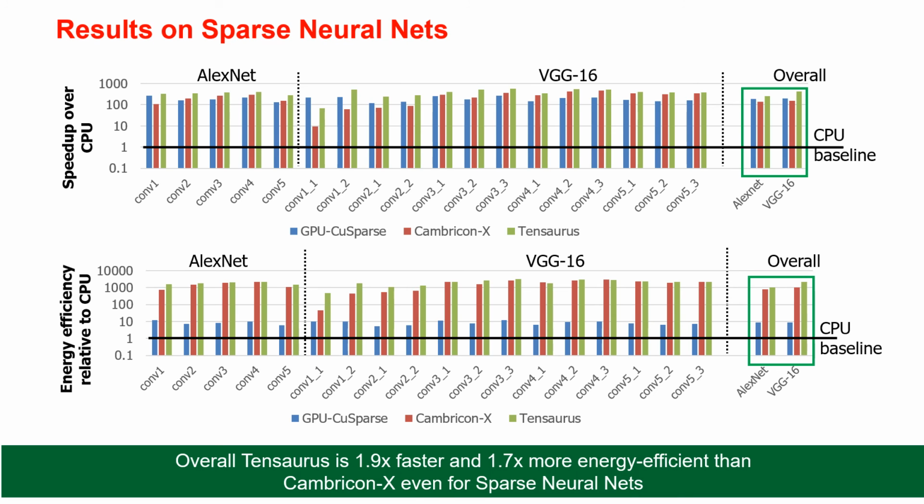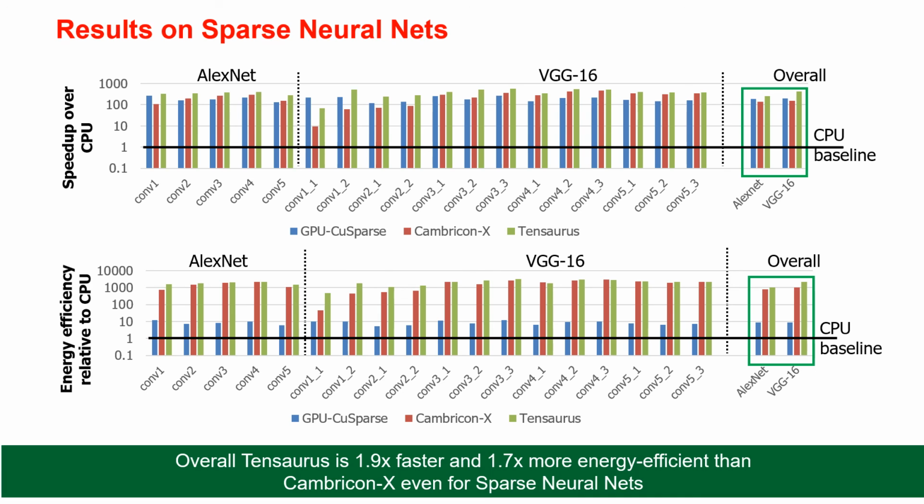Here I am showing the results on sparse neural networks of AlexNet and VGG16. We formulated the different conv layers in AlexNet and VGG16 as sparse dense matrix multiplications and executed them on CPU, GPU, and Cambricon X and Tensaurus. As we can see, Tensaurus outperforms CPU, GPU, and Cambricon X in both performance and energy efficiency for almost all the layers. Overall, Tensaurus is 1.9x faster and 1.7x more energy efficient than Cambricon X, even for sparse